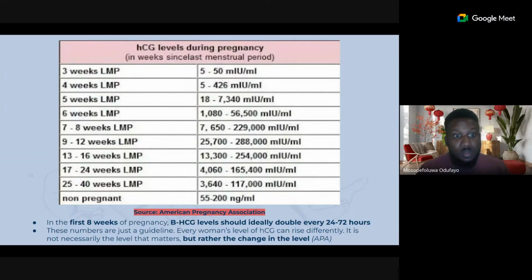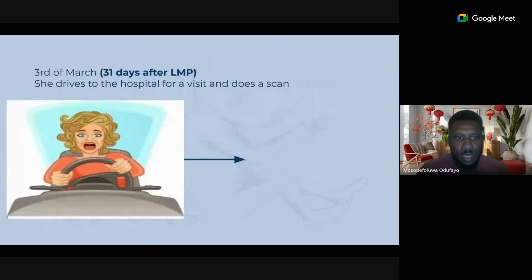The reason why the values are not important is because even in some non-pregnant states, you could still have beta HCG levels around this value, 55 to 200 nanograms per mil. However, take it the next day, it's still going to be 55. Take it the day after, it's still going to be 55. It will keep being 55 for as long as possible. So beta HCG might be present, but if the pattern of increase, peaking at the 8th, 9th week, is not there, then we might not be thinking of a pregnancy. Okay, I trust that's clear.